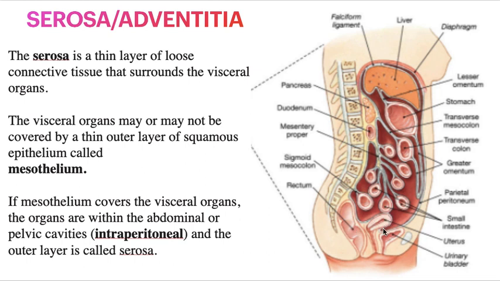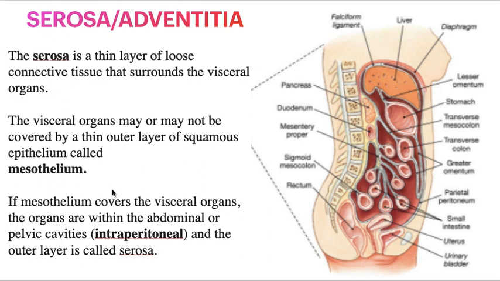These are the subperitoneal organs, below the peritoneum: the uterus and the bladder, in which the superior surface is related to the peritoneum. So after having a little bit of idea about this, we come to the part called the serosa.